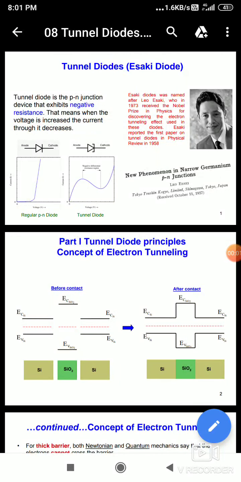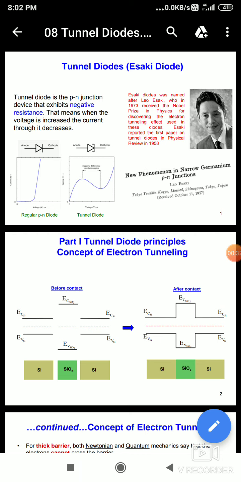Hello students, in this video I am going to share with you the working of a tunnel diode. Before that, let us have the introduction with tunnel diode. What is tunnel diode? It is nothing but a highly or heavily doped semiconductor diode in which the electric current decreases as the voltage increases. In this diode the electric current is caused by the tunneling, and it is also used as a very fast switching device in computers.